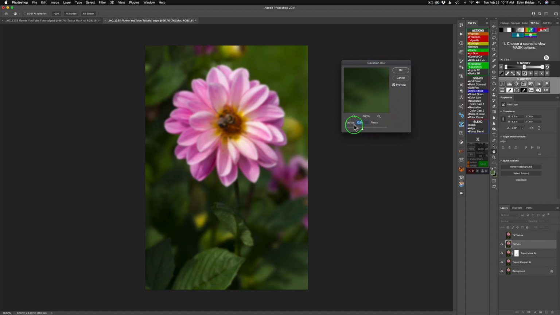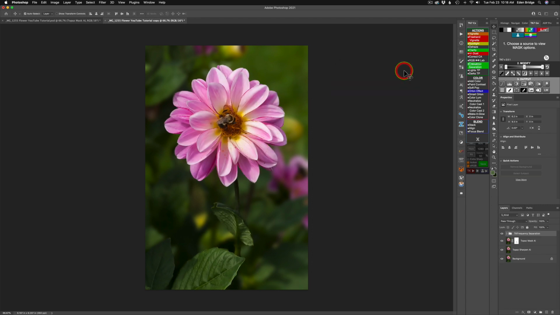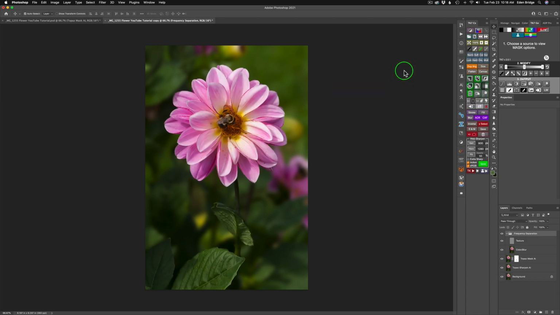Now, I find that this radius of 10 generally works, but if it's not working quite right for you, if things don't seem right, you could play around with this number, but start out with 10 pixels, and if that doesn't work for you, you can experiment with that. Now, you'll notice my image is blurry. As soon as I click OK, my image comes back, and now I have a group here called frequency separation,